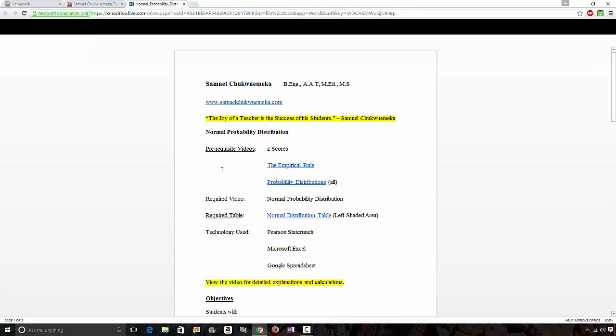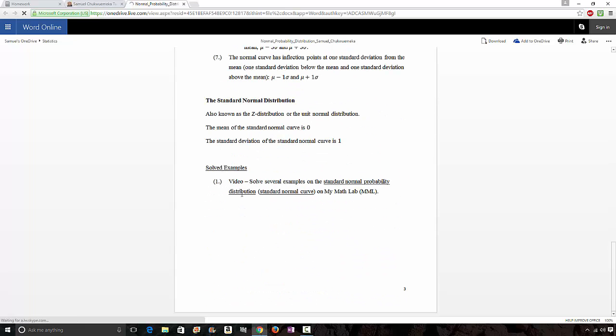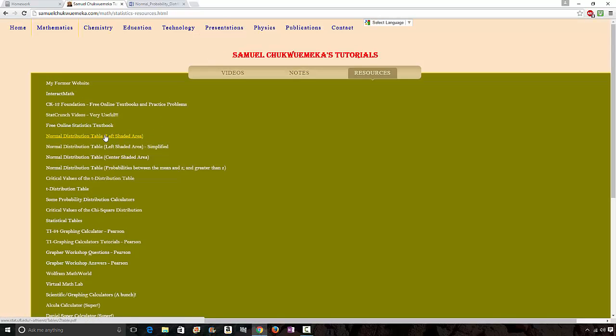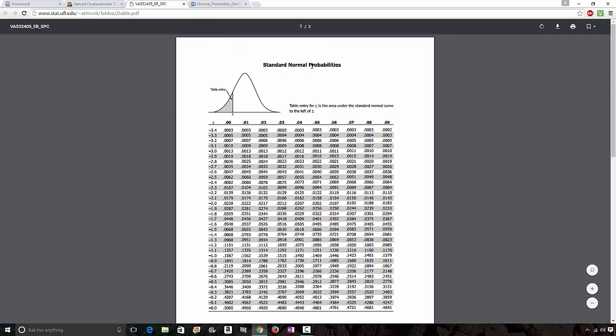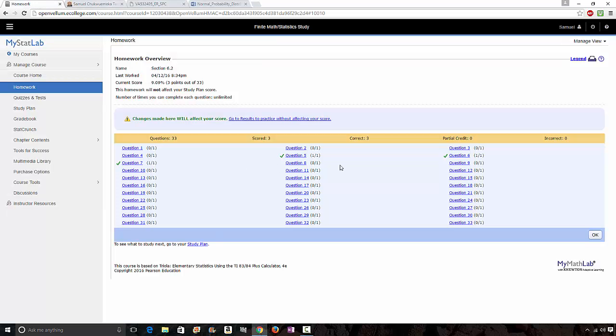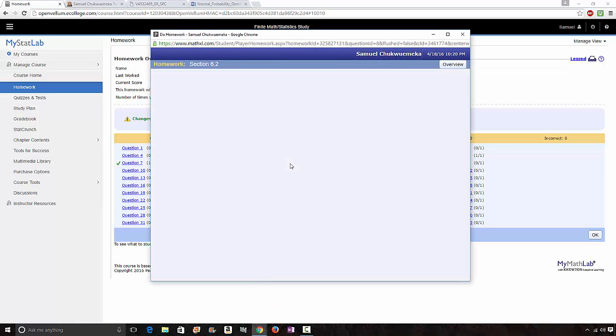We looked at this in the first video, and we are still solving problems on MATLAB. We are going to use what we used in the first part of the video, the standard normal distribution table, left shaded area. So question 8 is the next question,